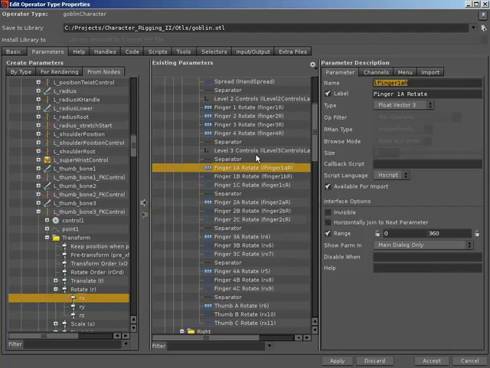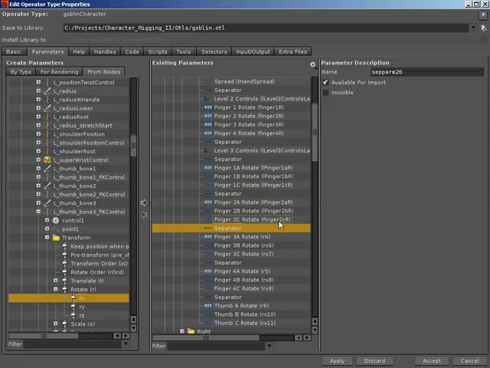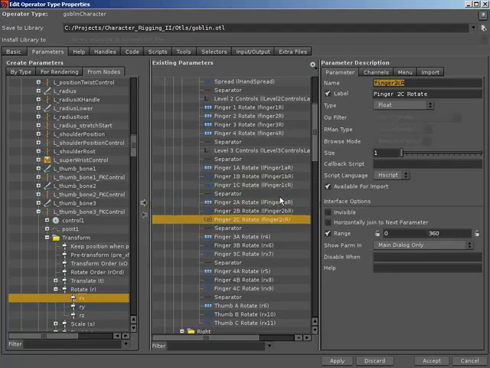So L, finger 1A, R, B, C, 2, B, and C. Then continuing on, we need 3, so 3A, Control C,